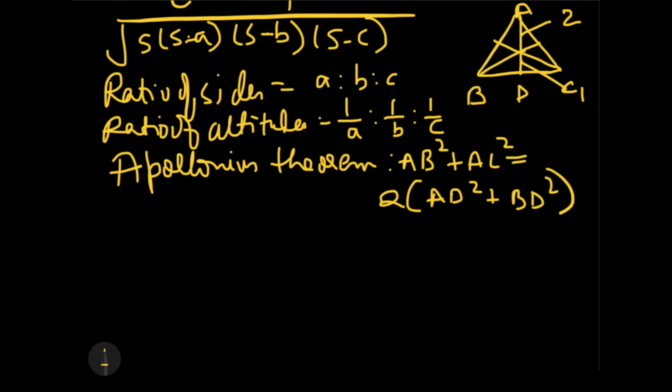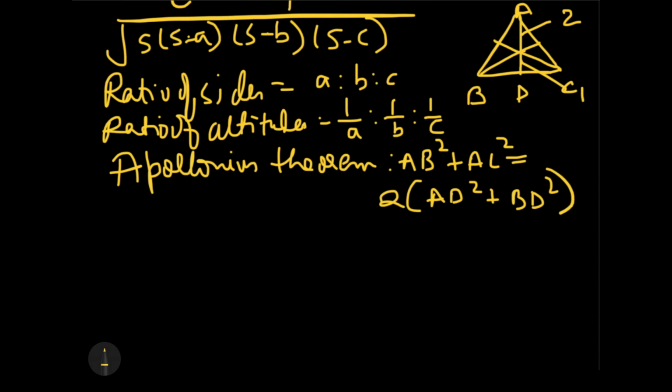And meanwhile, just a small note: if in the question paper they don't give you any information about what kind of triangle you are working with, for the time being you can consider it to be an equilateral triangle and start your calculation. The moment you realize that the numbers are not matching the equilateral case, then you can shift to some other case.